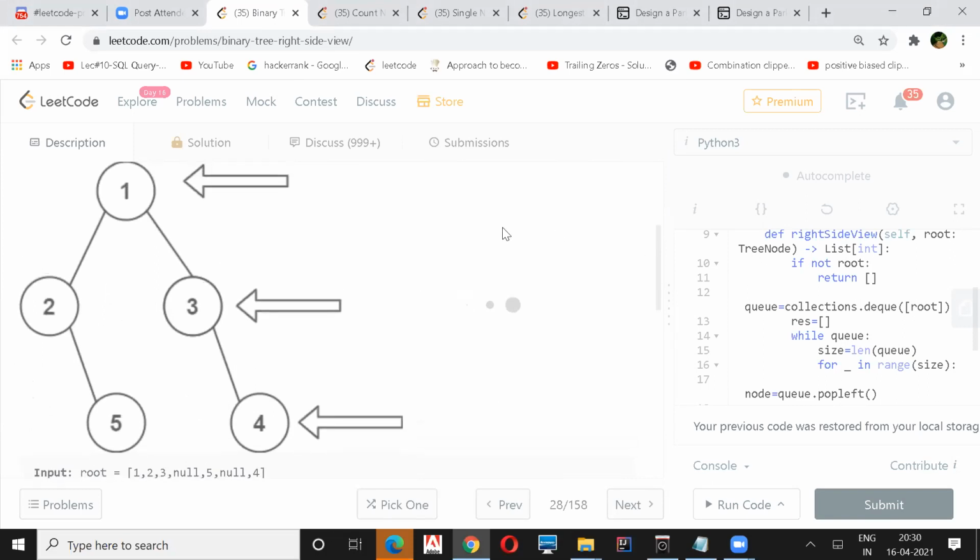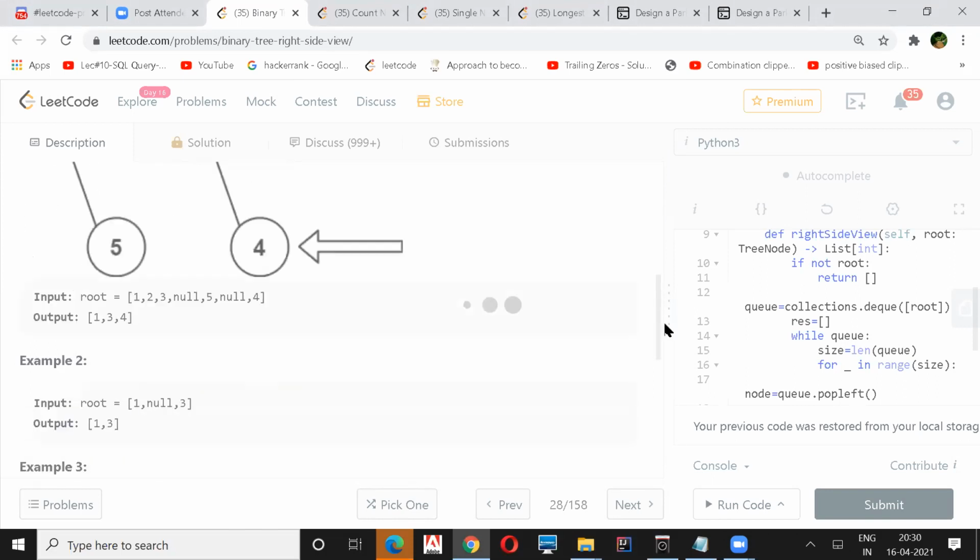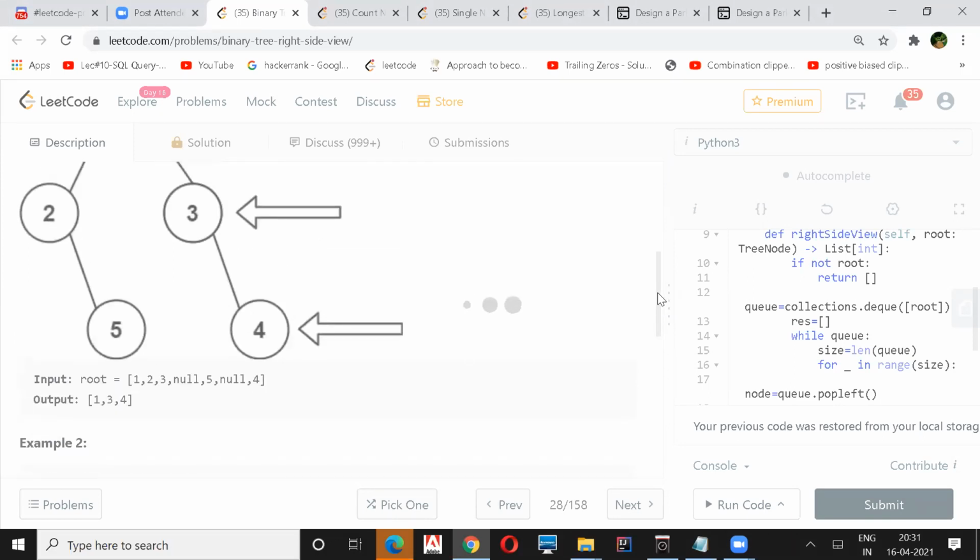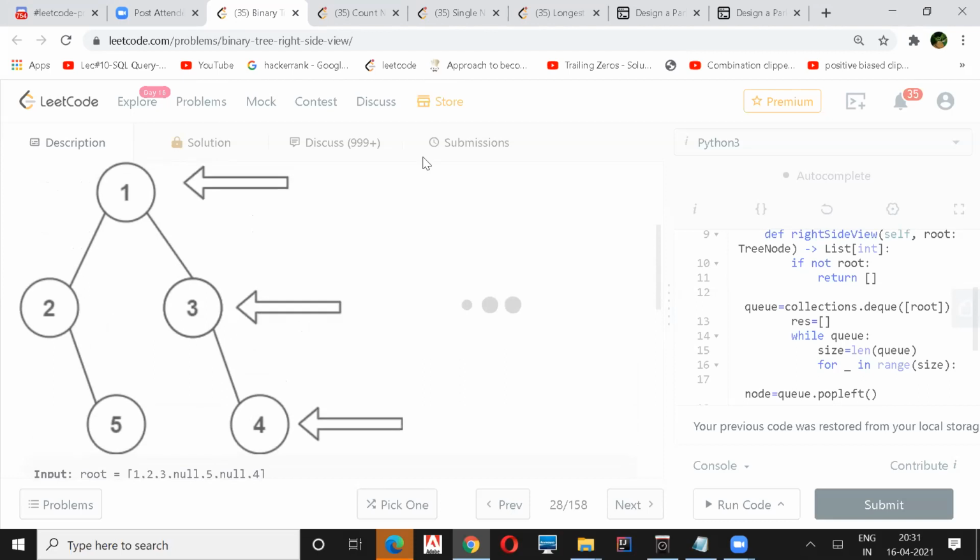Because on the right side, these nodes will be facing you. And in case we had some node to the left of node 3, it will be hidden, I think. But if we don't have 4, then you can see it, right? So that is also visible. Or if 4 was not there, and 5 was there, that also will be a visible one, a candidate.